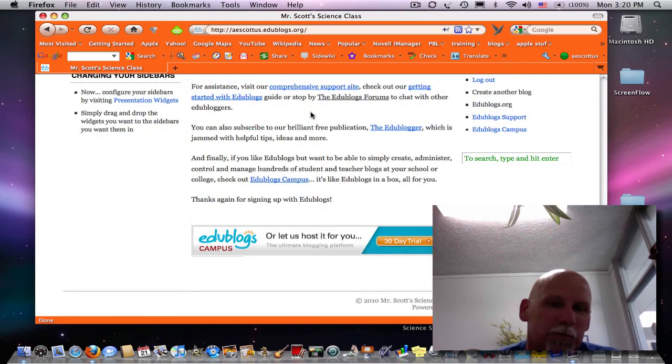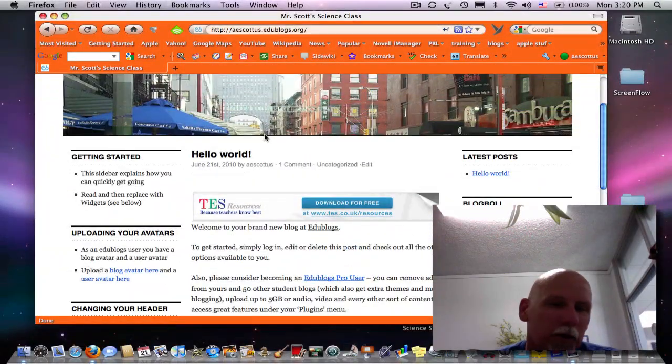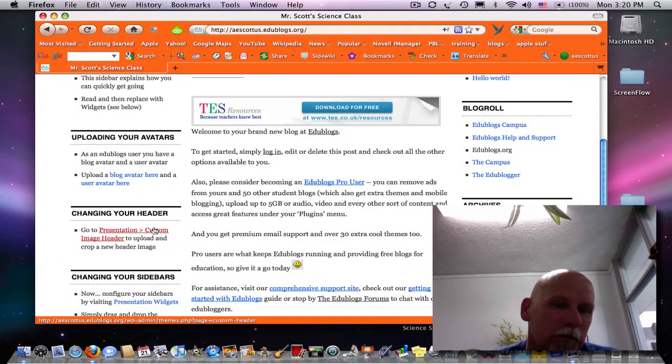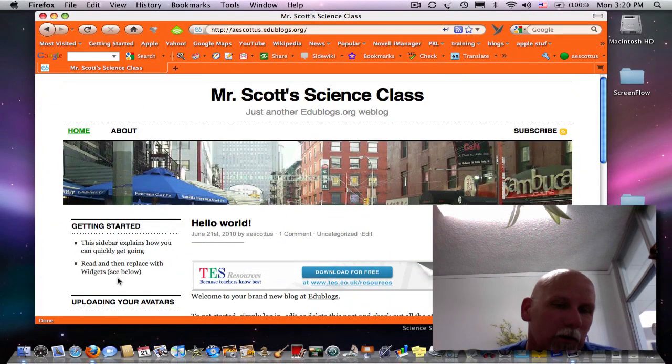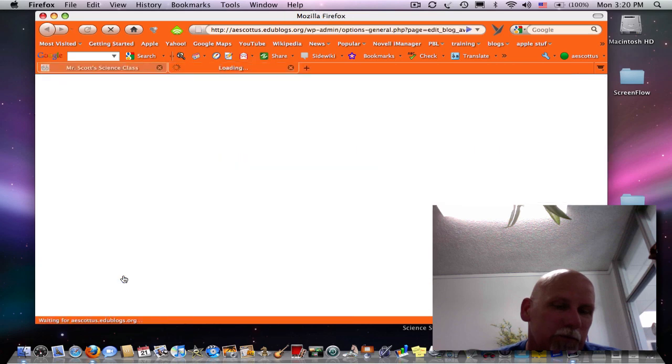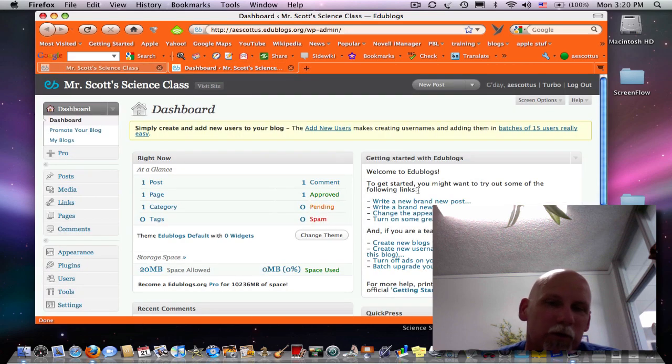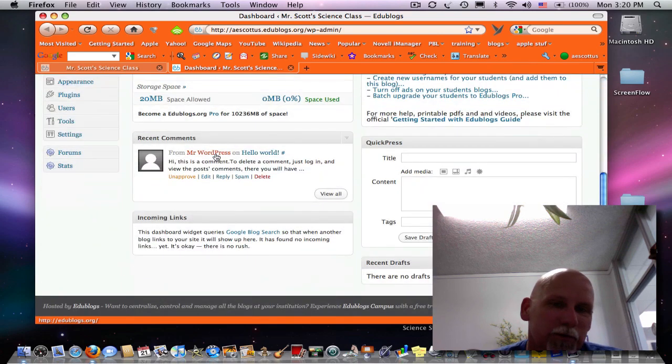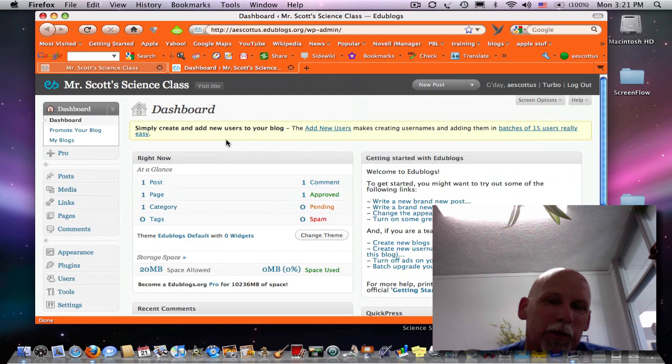And I always save a spot for my dashboard where I can't remember right now how to get there. Change your header, change your sidebars. So it shows you how to upload and stuff. We can change our blog avatar, which takes us to the dashboard. And the blog avatar is basically the picture that will be